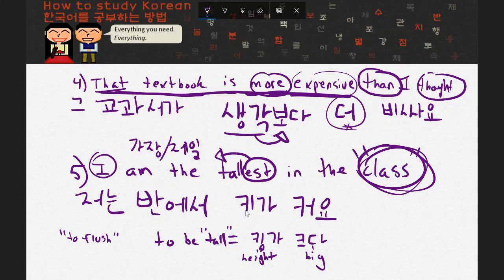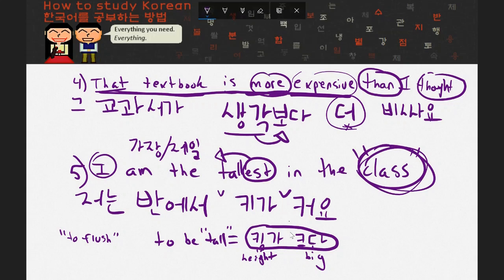Now, the interesting thing is, where would you put this? You actually could, if you wanted to, put it here, but it would sound most natural to Korean people, and to me, I guess, I'm not Korean, but it sounds the most natural to actually put it here, between height and big, which is kind of interesting, because this is clearly not one word, it's two words. It's height and big. But in English, this would translate to one word. However, in Korean, it's funny and interesting to me, but I'm kind of a grammar nerd,